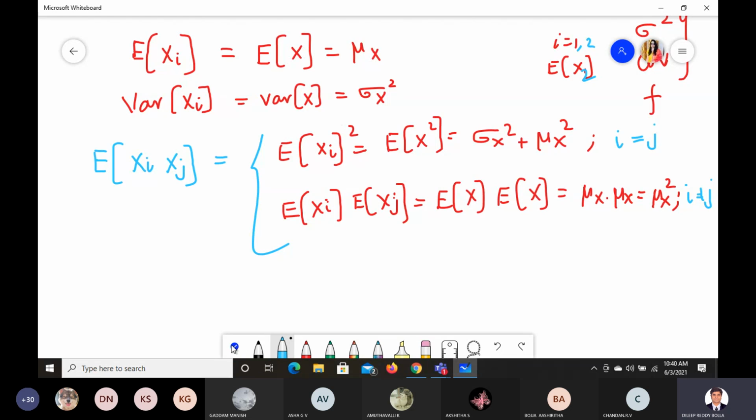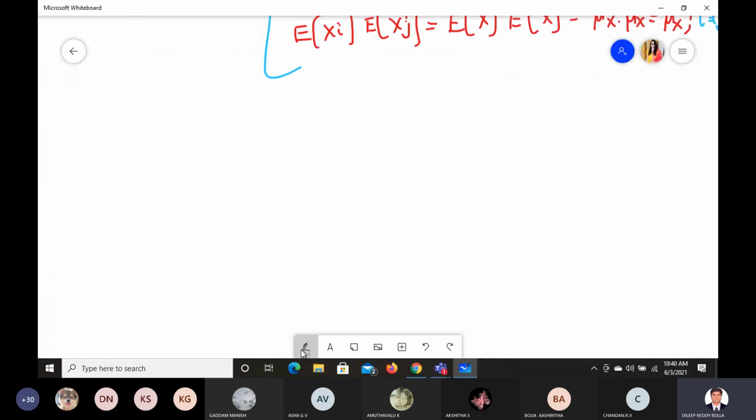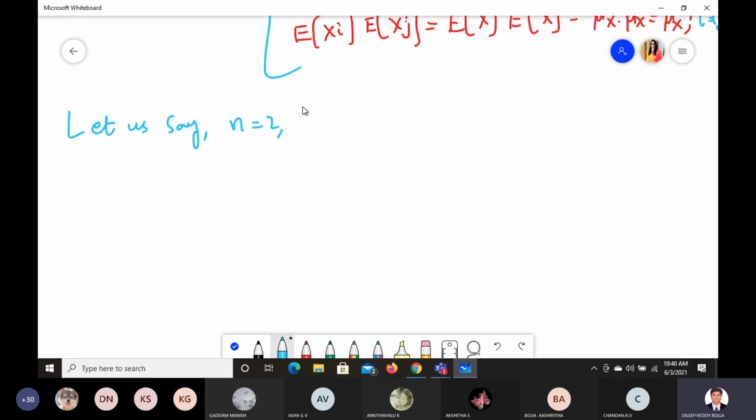Okay, and let us assume something now. Let us assume some value of n. Let us say this n value is 2. Then what do we write? Wn. Wn is W2. How to find that? Summation i equals 1 to n, n is 2, of xi. So this is what it is.